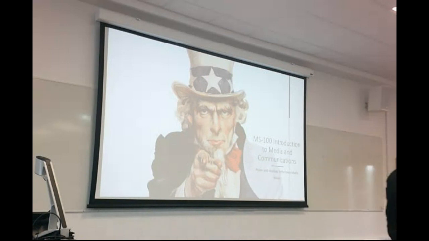Uncle Sam is a representation. Images are representations of something in particular. Every image is a representation of something. In fact, images, as we'll see in week 8 or 9, I can't remember now, are polysemic. They can be representations of different kinds of things, depending on our perspective. This is a fairly simple image which represents one thing, and what it represents is an ideological position.